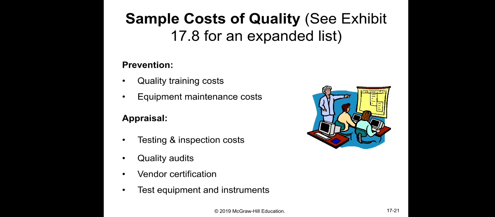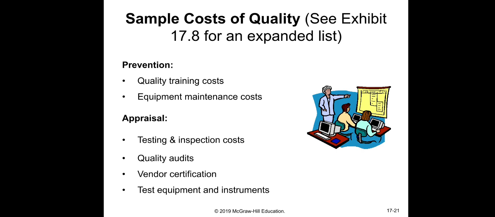If machines are not properly maintained, then the machine can fail and the machine will produce low quality product. So that's why equipment maintenance cost is one of the prevention costs. Appraisal cost, like I said earlier, is the cost to check the product and services to make sure that the product and services can satisfy the customer